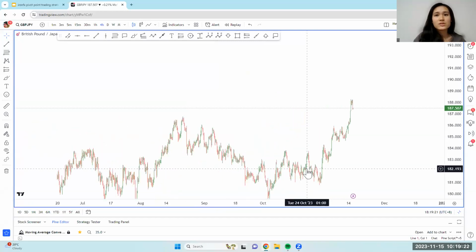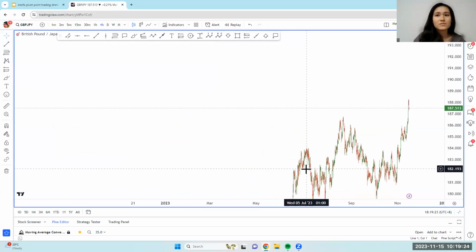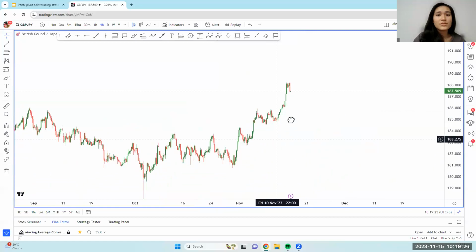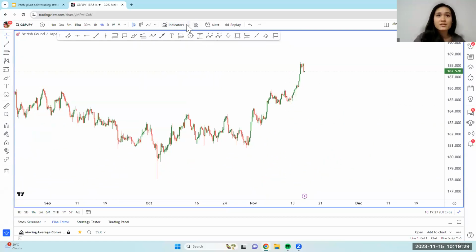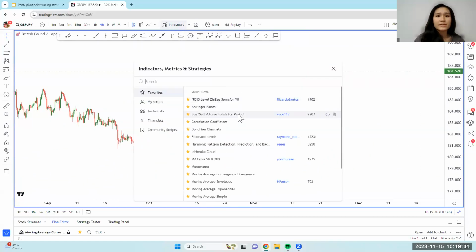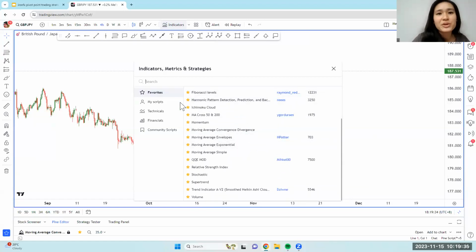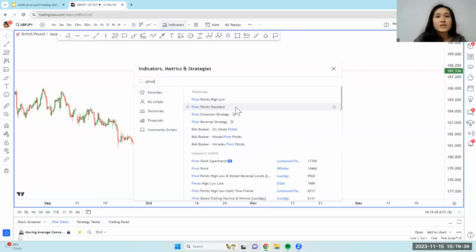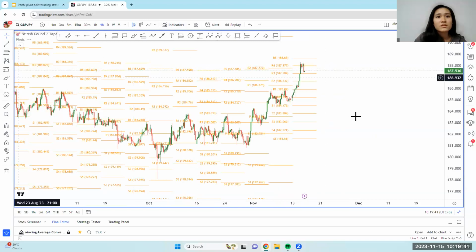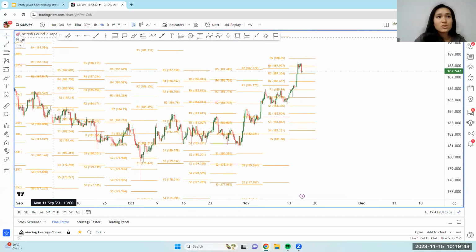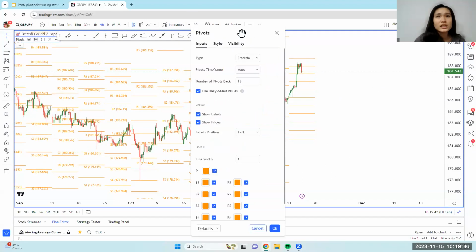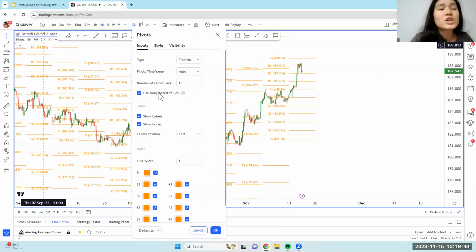Okay, so let's go ahead and analyze this together. So if I'm using pivot points as support and resistance levels, for example, also let me know in the chat if you guys normally use pivot points. Okay, so I'm looking at this on the 4 hour time frame because that's the chart I'm using now. Okay, so I'm gonna change to